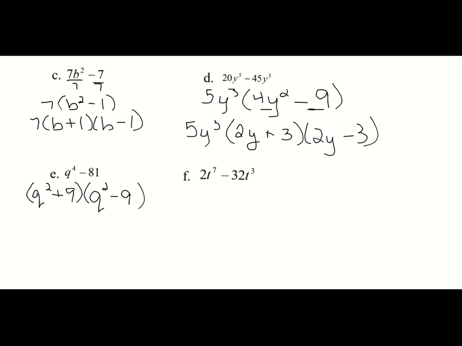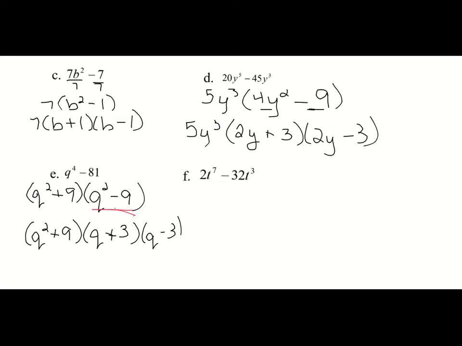Q squared plus 9, I have addition here. I can't do anything with it. But here I have q squared minus 9. Q squared and 9 are both perfect squares, and there's subtraction there. So this factor I can factor again. So my final factored form here is I'm going to keep my q squared plus 9. I can't do anything with it. But q squared minus 9 can be factored into q plus 3 times q minus 3,